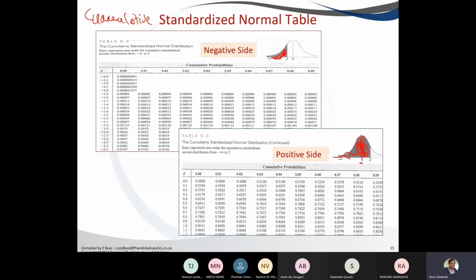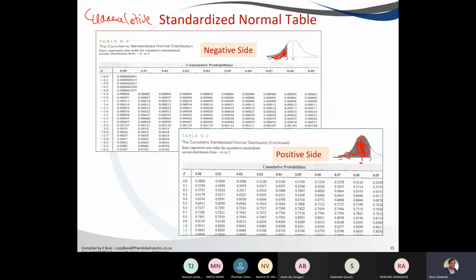So since the table looks like this and it's the cumulative probabilities, now you need to also understand the following. If you need to find the probability of an exact value, you cannot use the cumulative standardized normal distribution because you're looking for the probability of exactly. There is a table for it, but it is not advertised, or you do not have to know about that